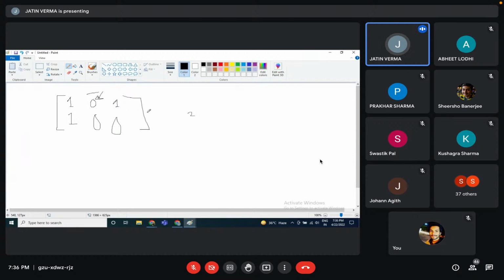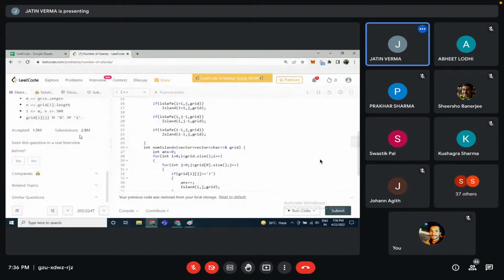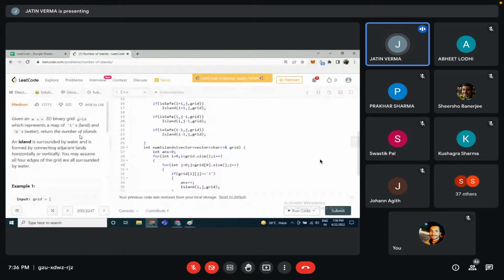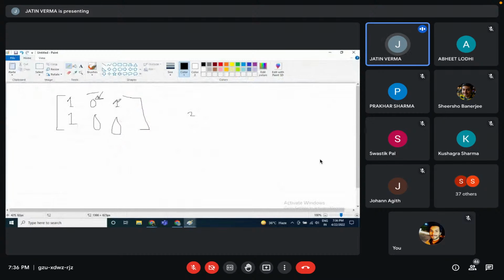चलो पहले ये सोचो कि इसमें क्या लगा सकते हो, मतलब प्रॉब्लम सबको क्लियर हो गई है? प्रॉब्लम में तो कोई डाउट नहीं है ना किसी को? एक बार और क्लियर करते हैं। जैसे अब यहाँ पर तुम वन पर आ गए, अब यहाँ पर वाटर है, यहाँ पर वाटर है, यहाँ पर वाटर है, तो ये केवल एक आइसोलेटेड आइलैंड हो गया, ठीक है। अब जैसे वन से तुम इधर देखोगे तो यहाँ पर वाटर है, तो तुम यहाँ नहीं जा सकते। फिर यहाँ पर देखोगे, यहाँ पर वन है, तो आइलैंड ही है, तो तुम इसको एक आइलैंड की तरह ट्रीट कर सकते हो। तो प्रॉब्लम अब क्लियर हो गई है बिल्कुल कि कैसे निकालना है, क्या पूछा है और हमें क्या बताना है।